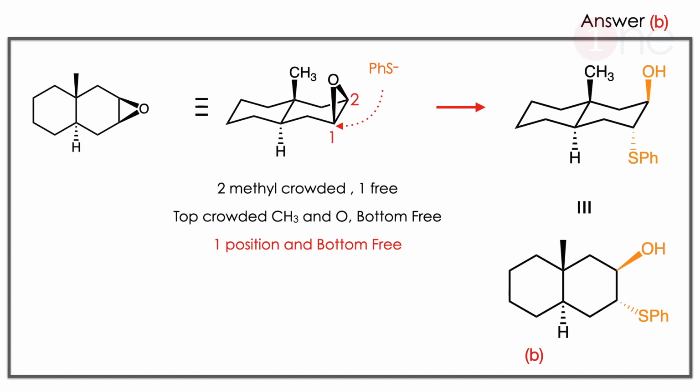Since CH3 is the bulky group, PhS minus definitely will not attack from the second carbon, it will attack from the first carbon. So in the product, SPh will be below and OH will be above. Top attack is definitely not possible, only bottom attack. So the product is there. You have to convert it into the normal drawing. Write OH above, SPh below, with H and methyl opposite to each other. So the problem hides in plain sight. It will be easy once you write it in the chair form.